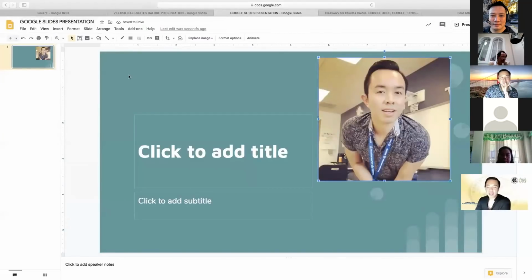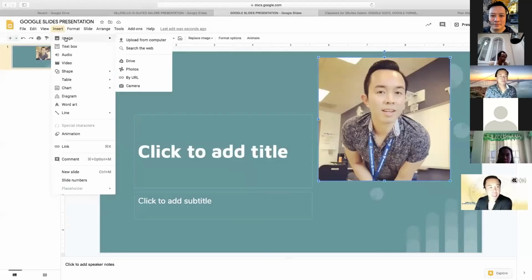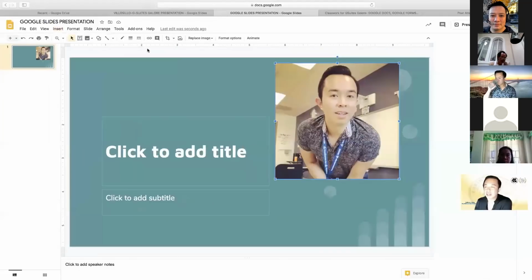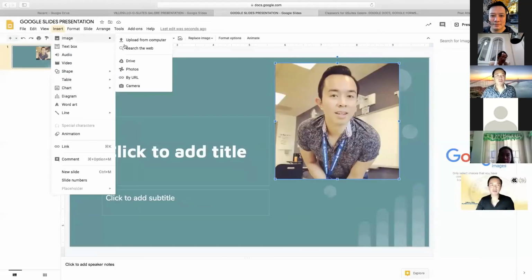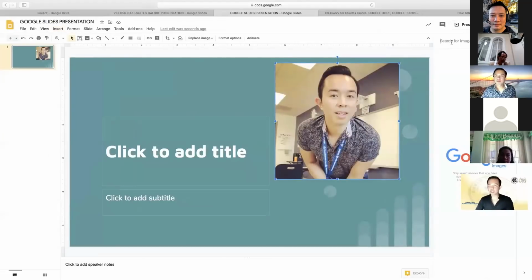Is there another way to add an image? Yes, there is. Go back again to the Insert toolbar and click image. If you want to search from the web or the internet, that's fine. Click search web right here. Let's say you want a dog.